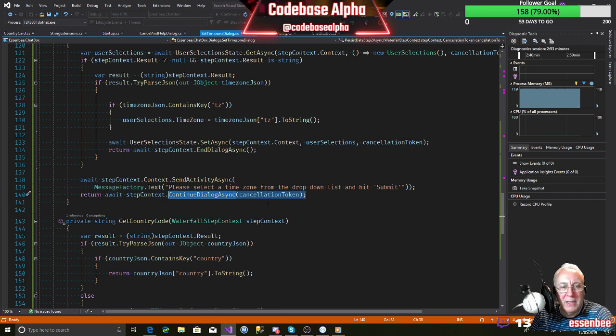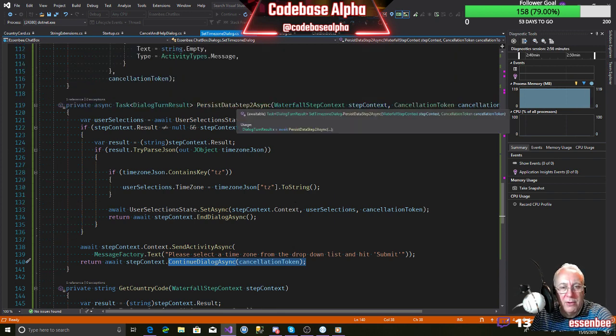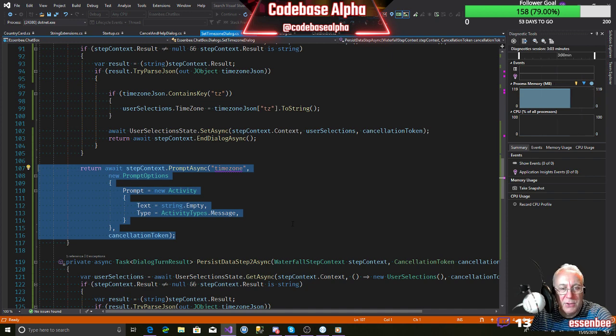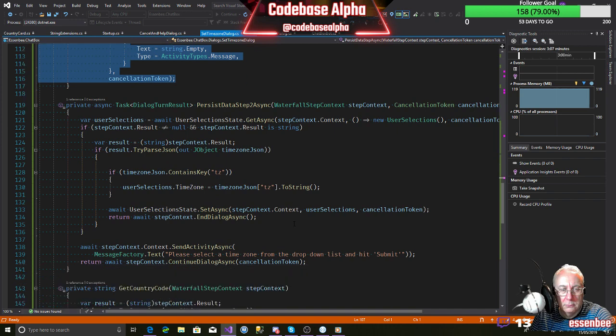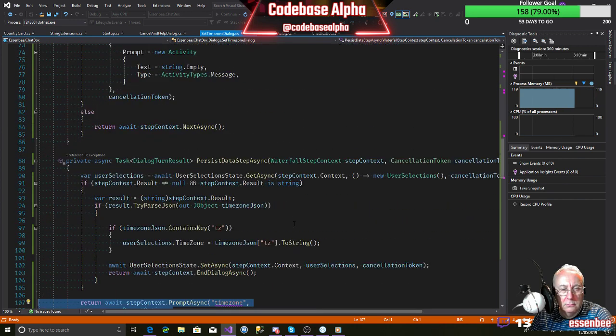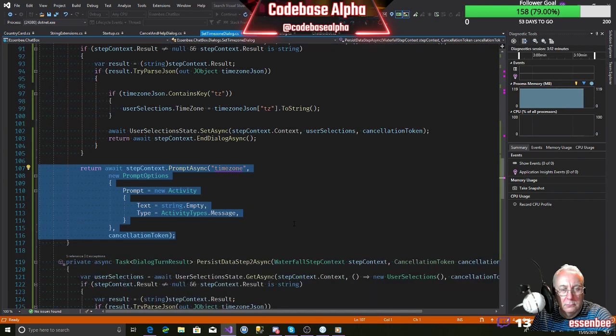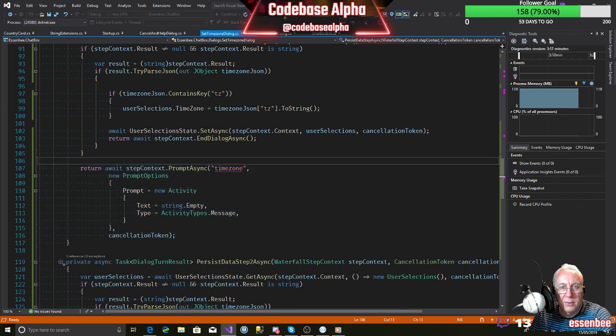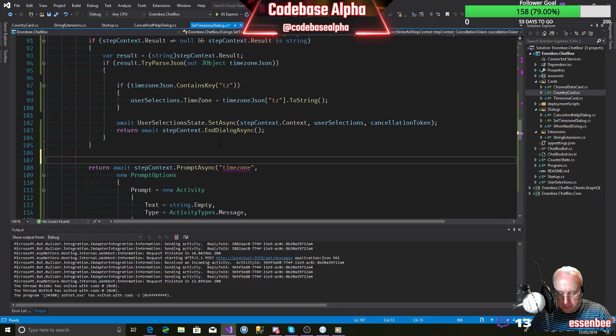I want to replay the last step. I want to replay Persist Data 2. In fact, here I don't want to re-prompt, I just want to replay Persist Step 2 at that point. Let's put a few to-dos. Don't really want to do this.